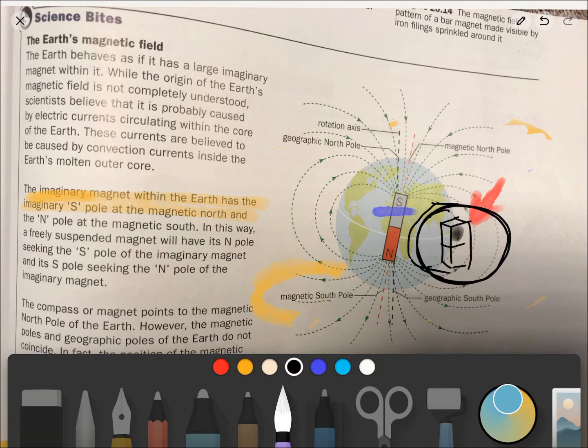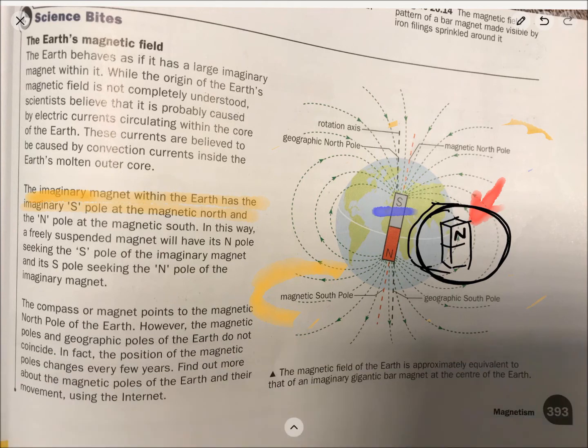It will be the north pole of the compass magnet that will point towards the magnetic south of the Earth. So I guess that is the reason why this is called the magnetic north. This magnetic north is referring to the north pole of the compass magnet that is pointing towards it. Okay, so actually there's no discrepancy between the worksheet and the textbook. It's just that this magnetic north, in the textbook, is referring to